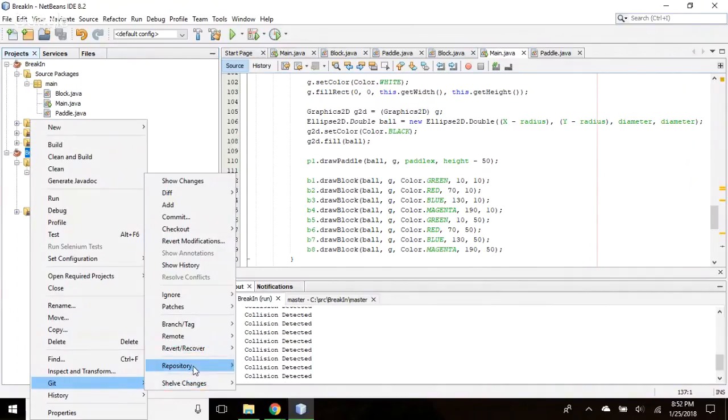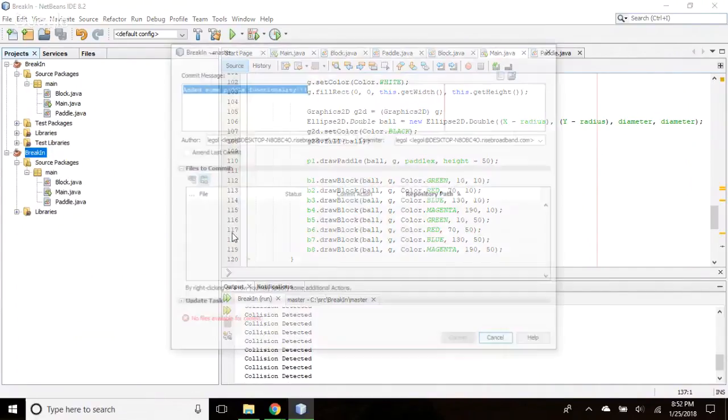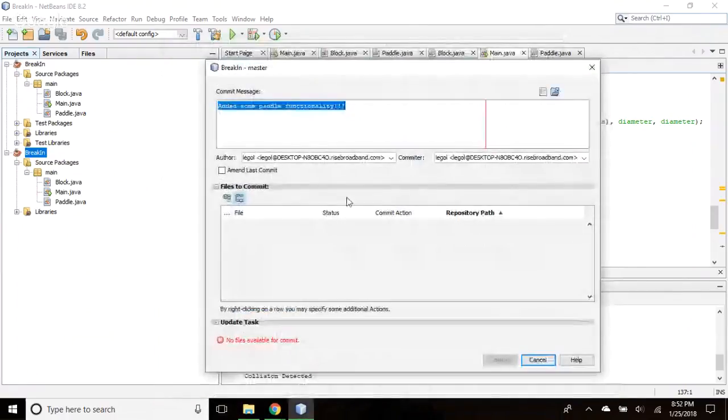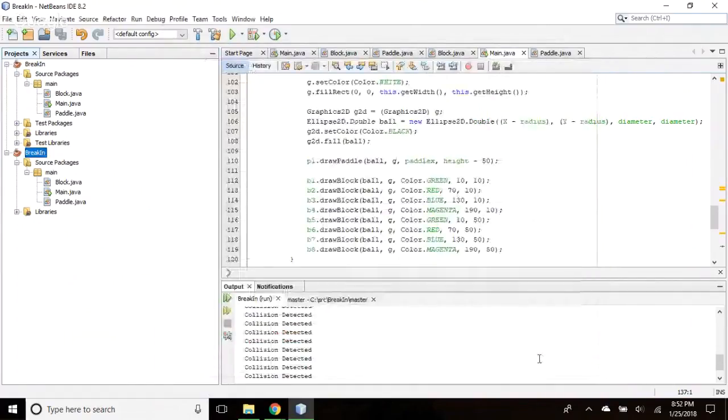Do commit. And author, change the author name. There's no files. Oh. What happened? Oh, that's okay. The commit will happen in a minute. Okay, cancel. You must have said okay instead of cancel. So cancel this one.